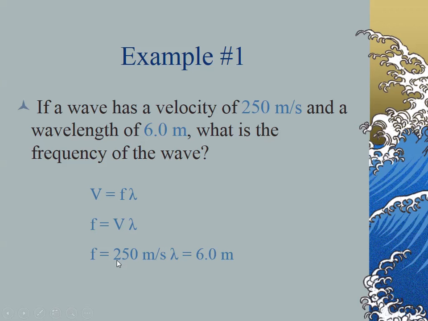So again, what we need to see here is this should be frequency equals velocity over wavelength, and then frequency would be 250 divided by 6. All right, this is so obvious to see, right? Sorry about the mistakes. It should come out to 42 hertz. 250 divided by 6 is 42 hertz.